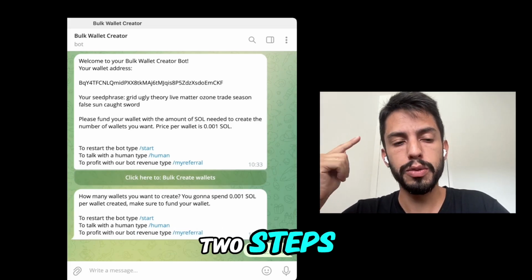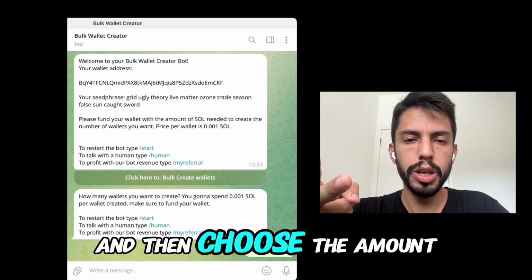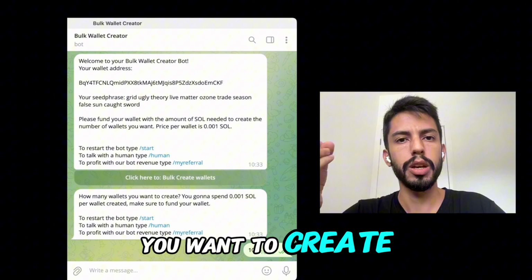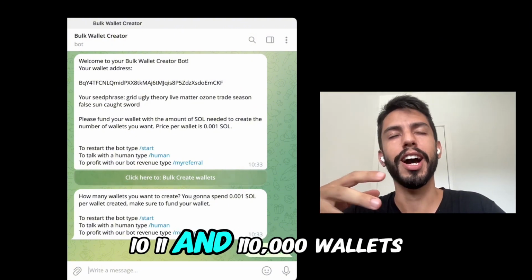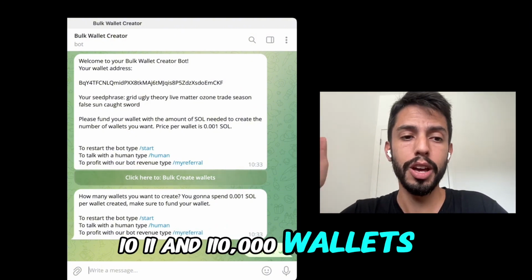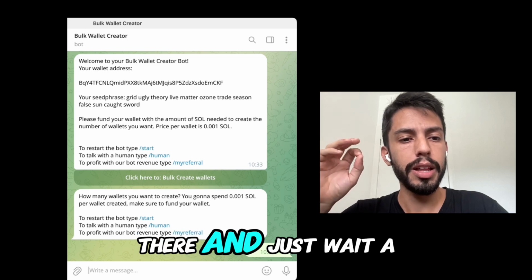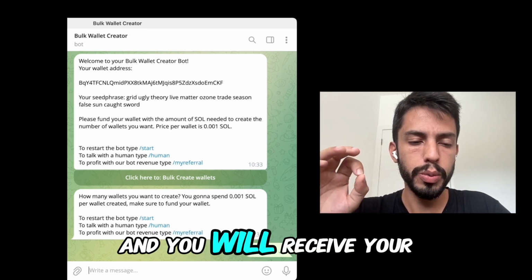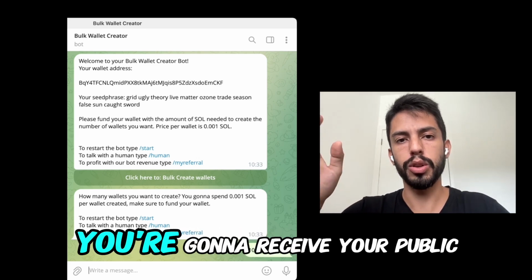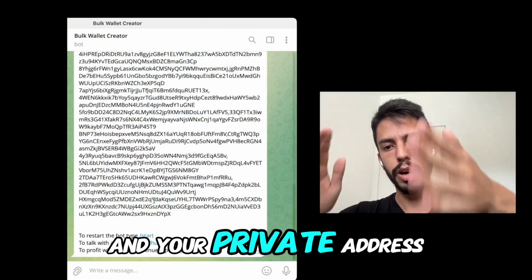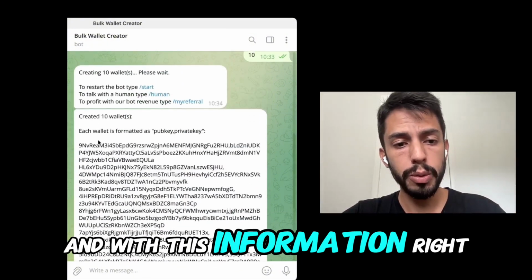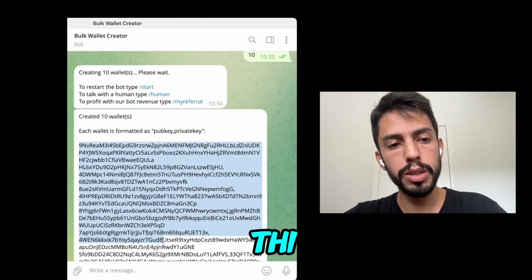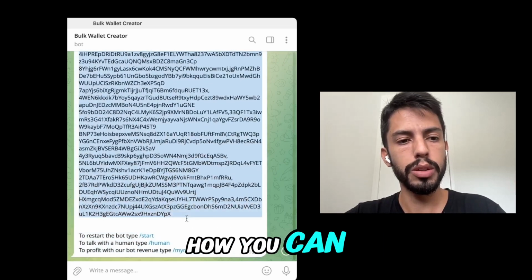It's just 2 steps. Fund your wallet and then choose the amount of wallets you want to create. If you want to create 10, 11, 100, 10,000 wallets, you just type it there and wait a bit, and you will receive your wallets' addresses. You're gonna receive your public address and your private key. And with this information, we're just gonna copy this